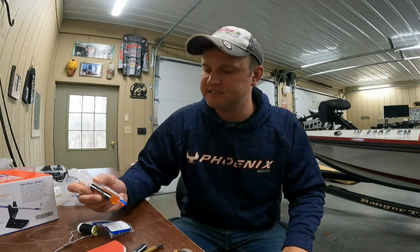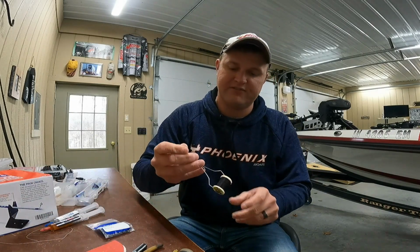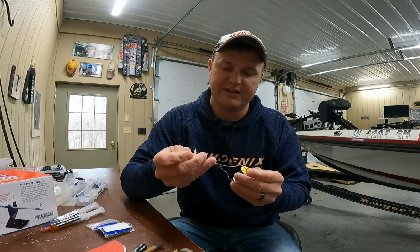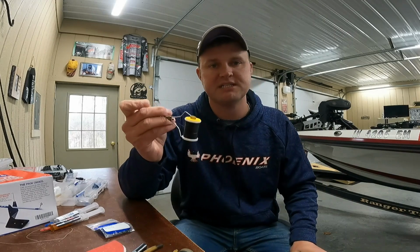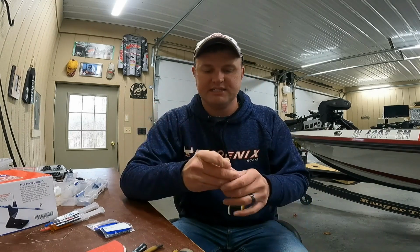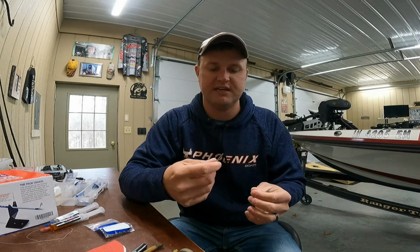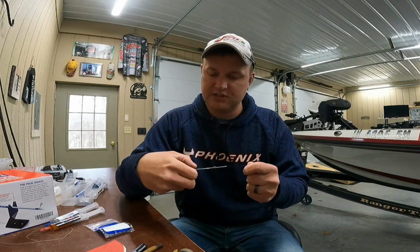a consistent consistency. The thread that I use is actually from like a fabric store. You can use a bunch of different types of thread. This is just one I found that works for me. It's the same stuff I use for tying jigs and stuff like that, but it just really, it won't break. Some of the fly tying stuff that you get, if you pull on it real tight, it'll end up breaking. So this is just something that I started using a few years ago, and it seems to work really good